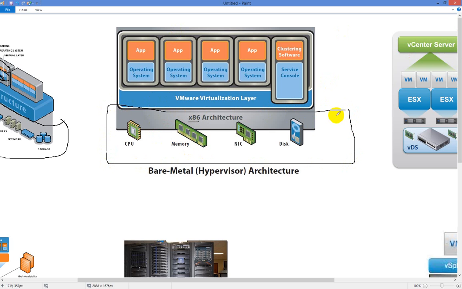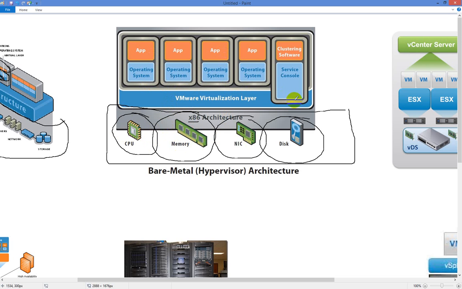This physical layer, the entire box, has all the CPU, all the memory, all of the network, and all of the disk. Now, disk is what we're going to, for the moment, refer to as the hard drives that are physically inside of the server, or directly attached storage. So this is going to be the hard drive, like if you have a laptop or a desktop computer, the hard drive that's physically sitting inside of your computer. So what this means is all of these devices are going to be taking a portion of these resources and utilizing them.